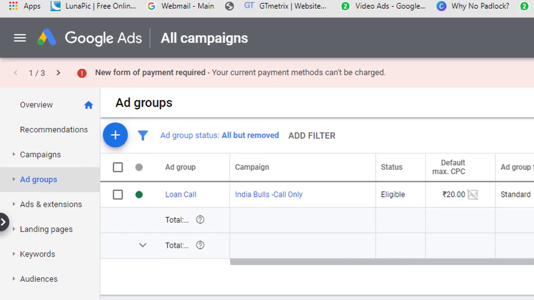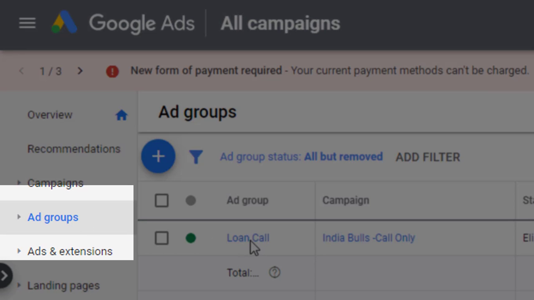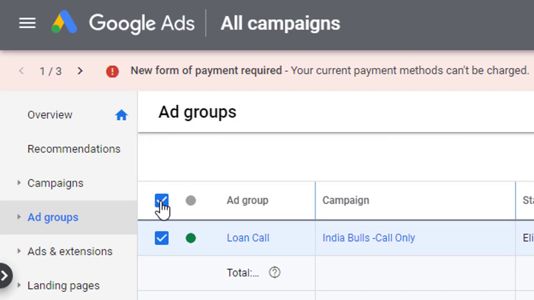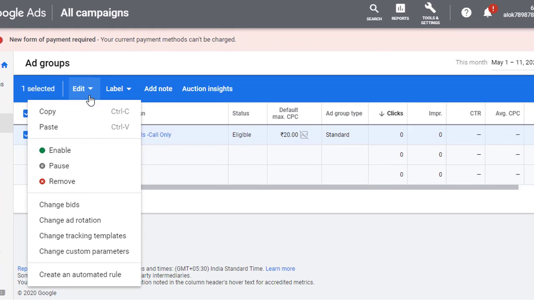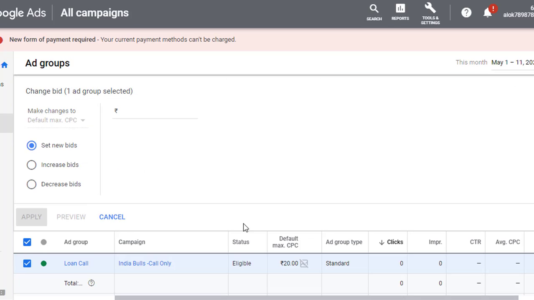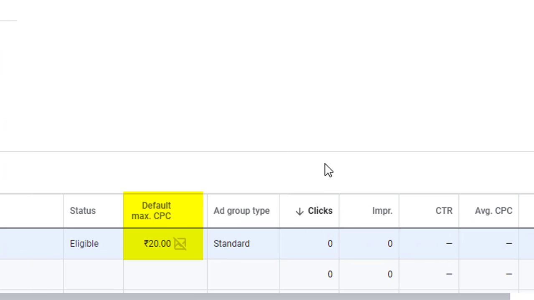When you go to the account, just go to ad groups, and over here you will have lots of ad groups. In my case, I just have a single ad group with the name Loan Call. You may select the ad group by clicking here, go to edit, and you can change the bids over here. Presently the default maximum cost per click is set at 20 rupees.